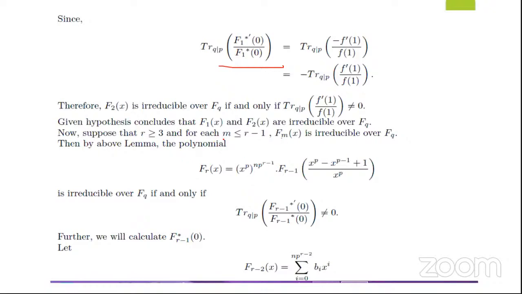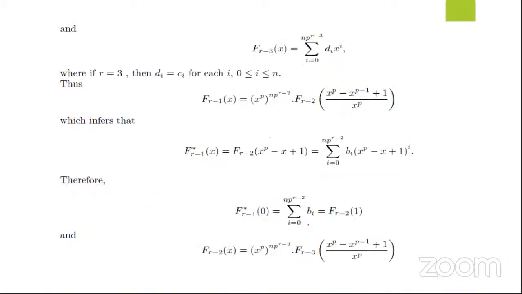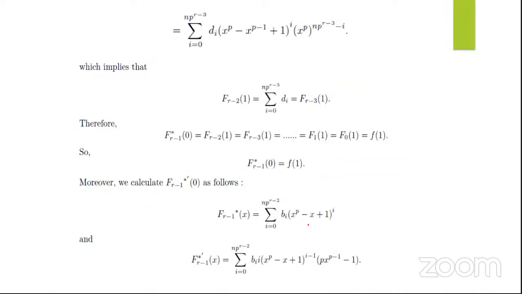We consider that these are normal polynomials, and we will prove it for frx. Now, using the above lemma, frx will be irreducible if and only if trace of fr minus 1 star dash of 0 upon fr minus 1 star of 0 is non-zero. For this, we will find this and this polynomial, and we'll get the value of f star r minus 1 at 0 is f of 1 as earlier, and